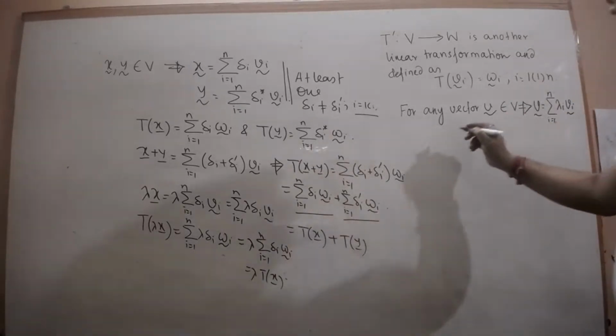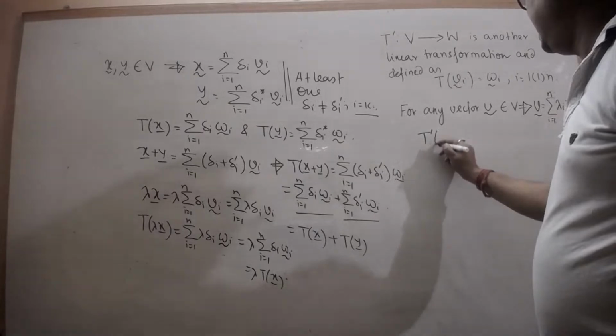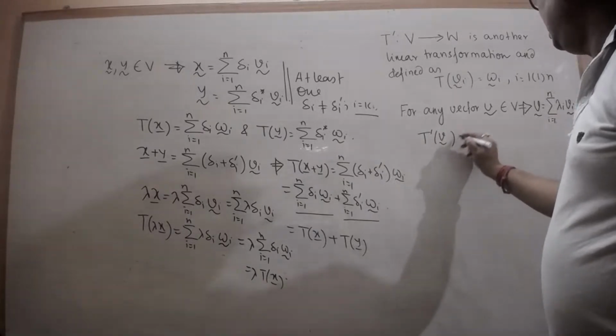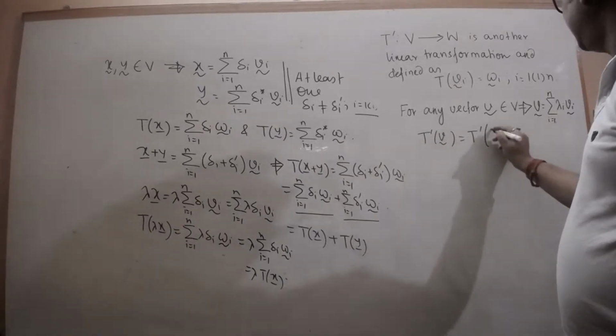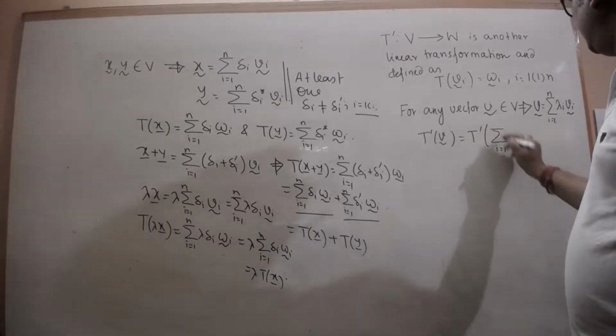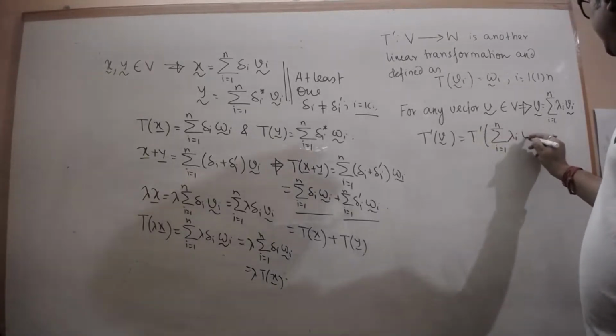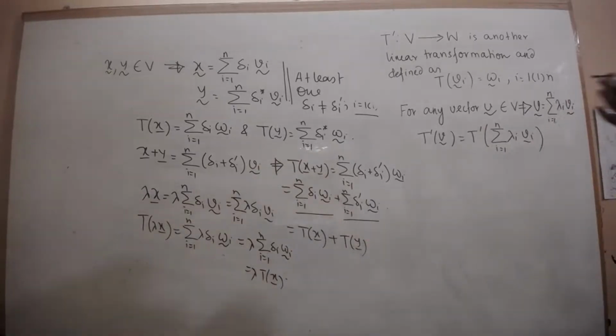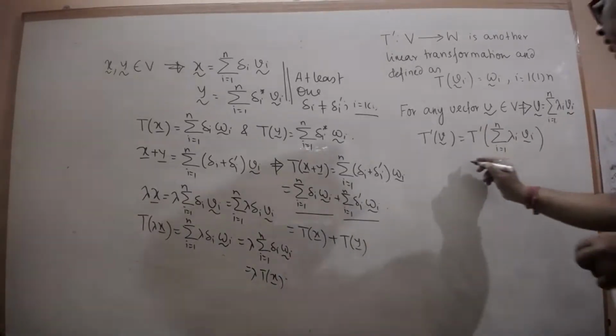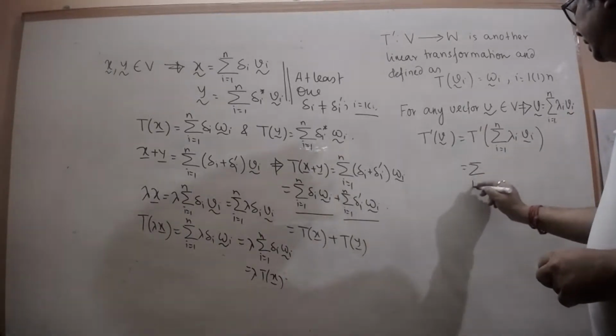Since this is a linear transformation, then T dash v curve is T dash of the sum over i from 1 to n of lambda i vi curve. Using property 1 and 2 simultaneously, we can write this as